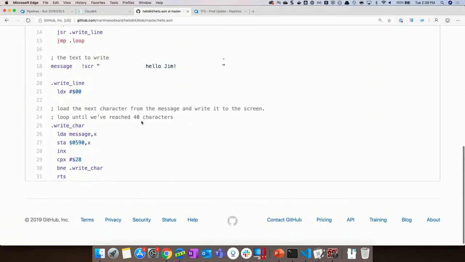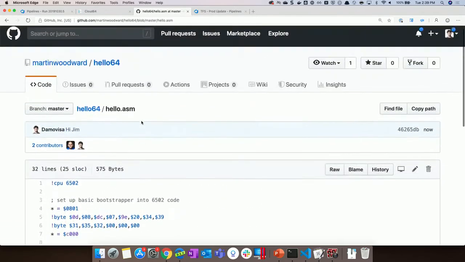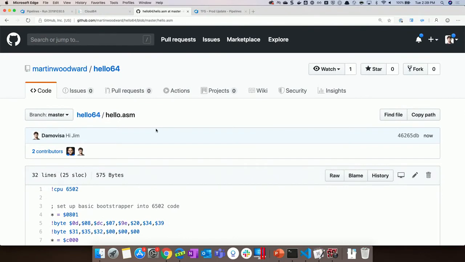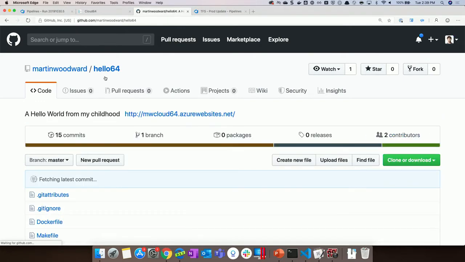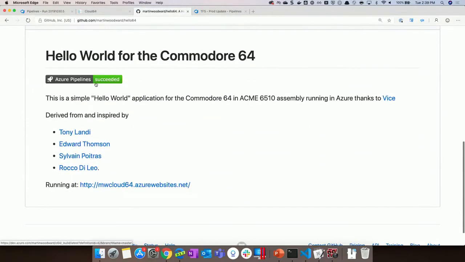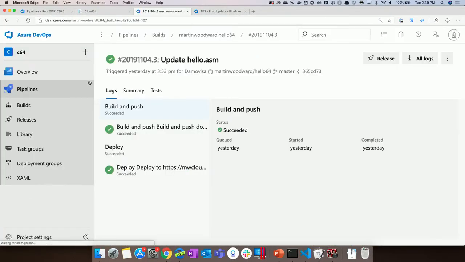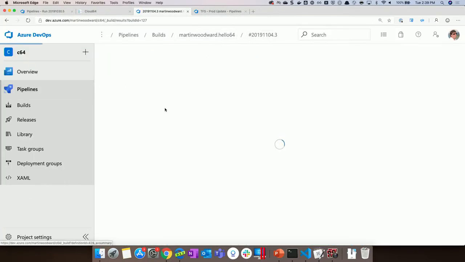So we're going to come in here, as you say, we've made that change, hello Jim, and that's gone and we've got the build set up. So if you go over to hello 64, and people can go look at this project as well, we can dig in, and then we'll watch that build completing. So fingers crossed this is going to go through. Now, that's an older build. Yeah, I was going to say, that was quick.